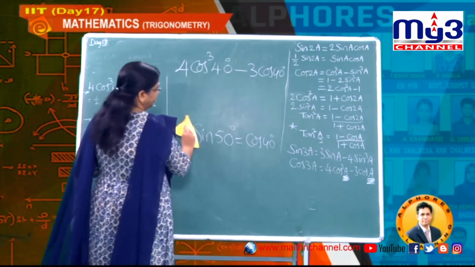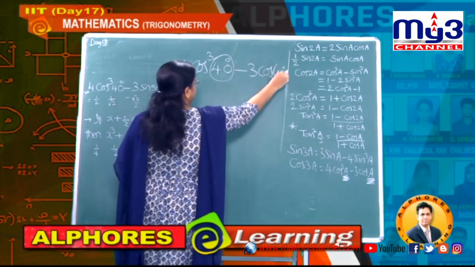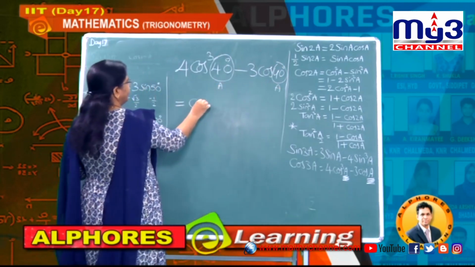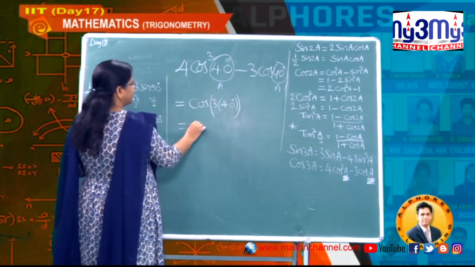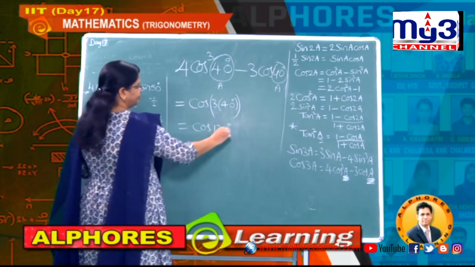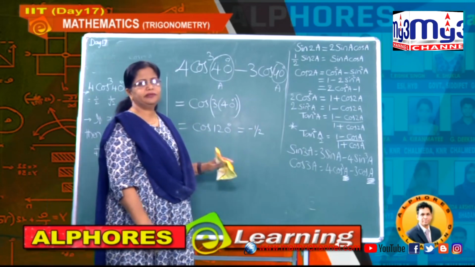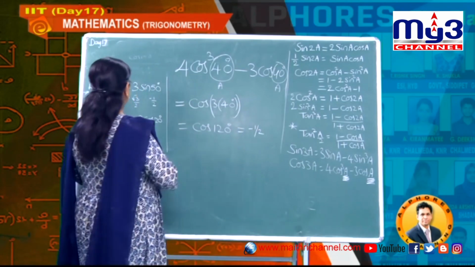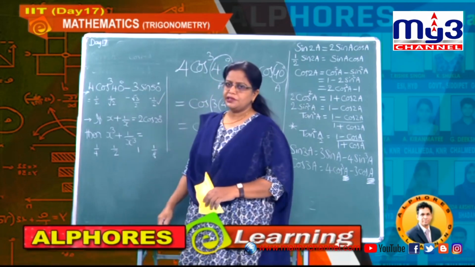Okay. Now what is the value here? This is cos 3a, and here your a is nothing but how much, students? It is 40 degrees. Therefore we can write this as cos 3 into 40 degrees, and now this is equal to cos how much? 120 degrees. Now what is cos 120? It is nothing but minus half. Cos 120 and cos 240 are both minus half, using the second quadrant and third quadrant. Okay students, so finally what is your answer in this problem? 4 cos cube 40 minus 3 sin 50, the answer is minus half, right.